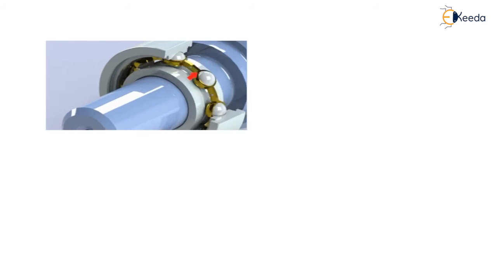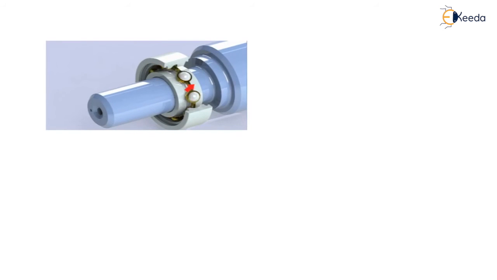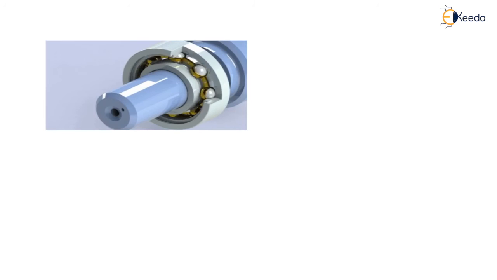Bearing is used to support the shaft. Here inside the bearing, there is the inner cage of the bearing, the outer cage of the bearing, and these are the balls. This is a ball bearing. You might have seen such types of bearings. These are generally used in all vehicles, right?